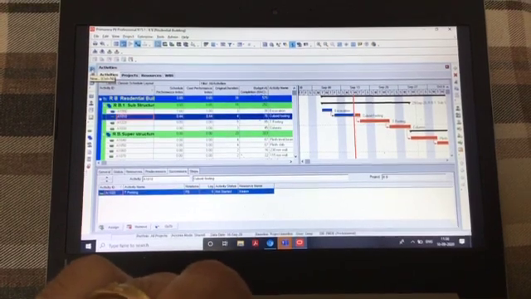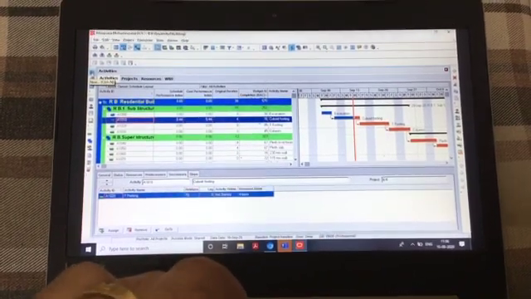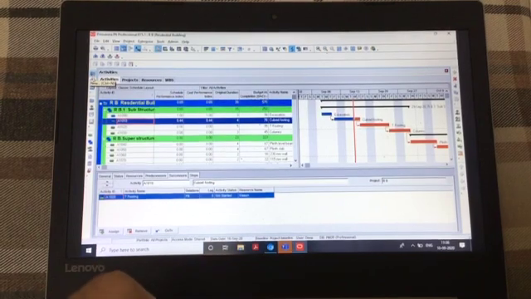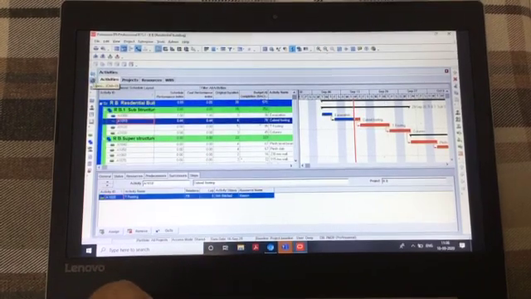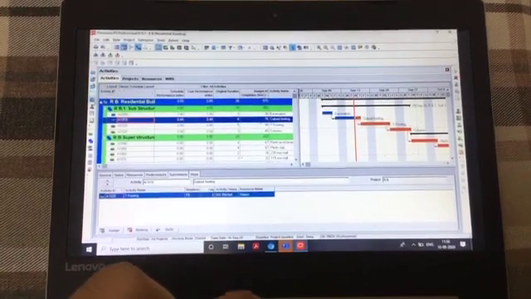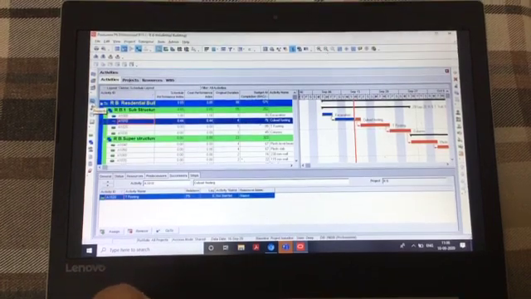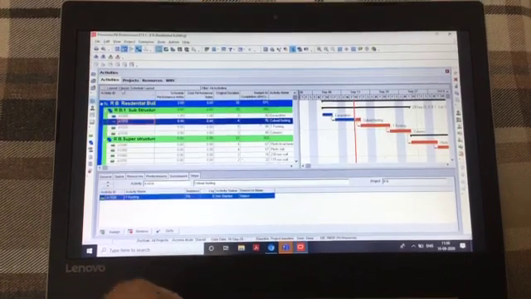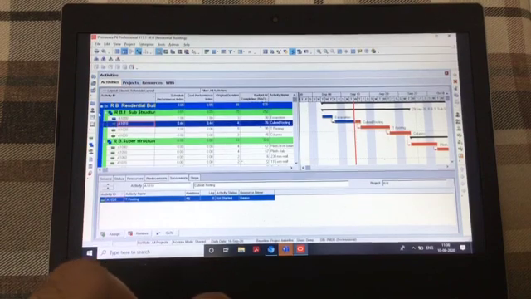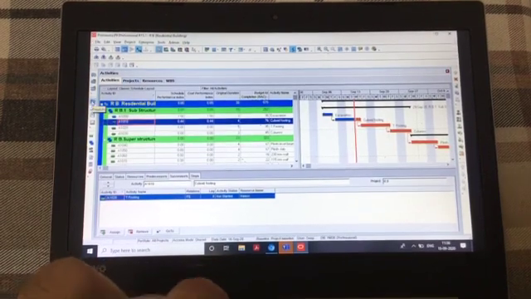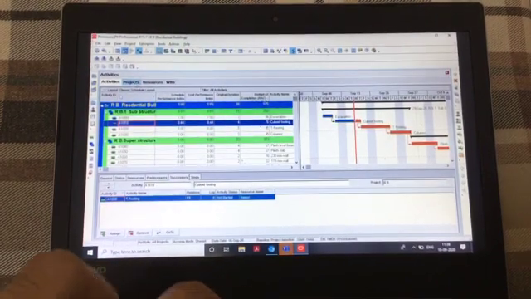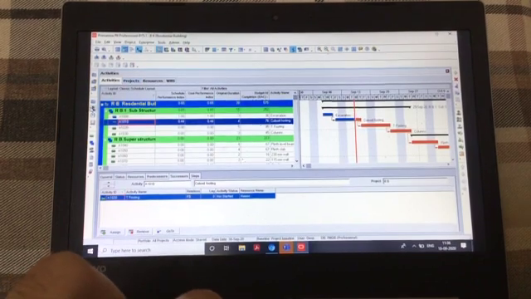These are all the buttons to do different activities. This is to create a new project. This is to open an existing project. This is to close it. These are the other buttons. This is for projects. If we just click on this, projects will appear. And these are resources.